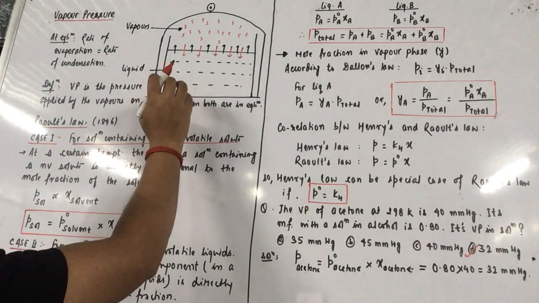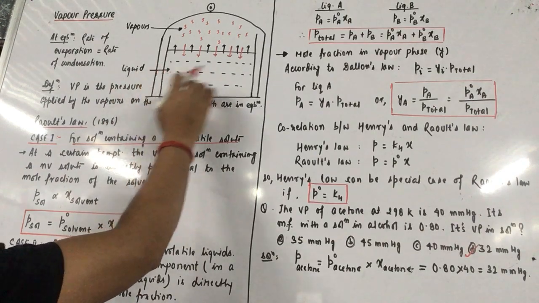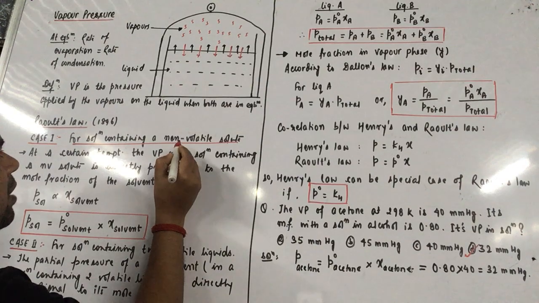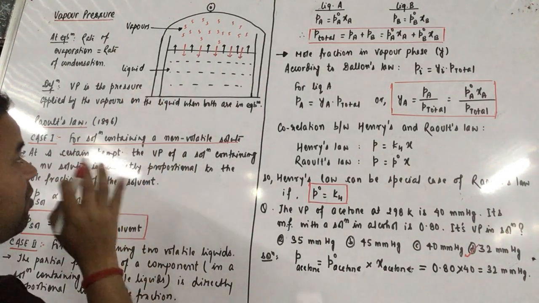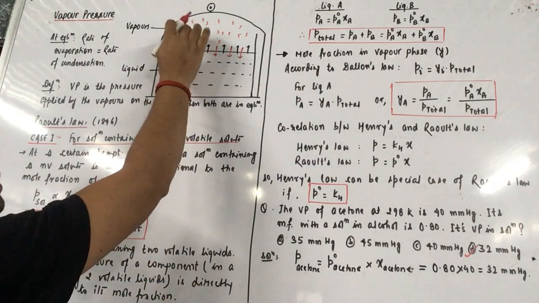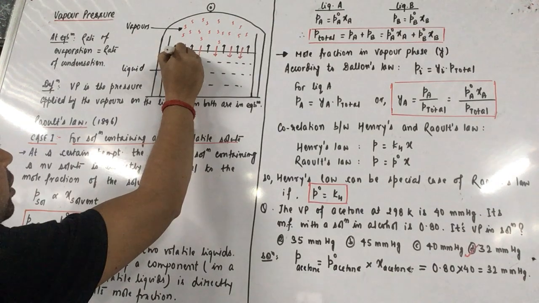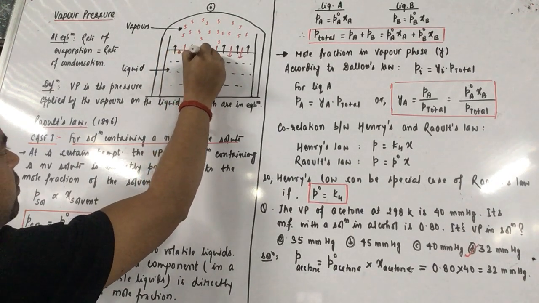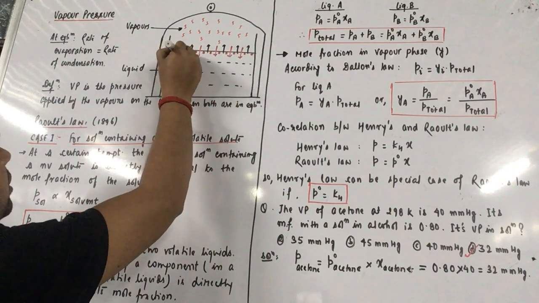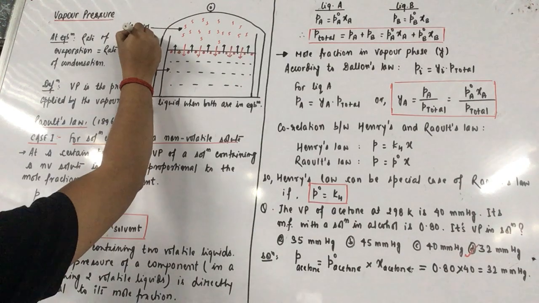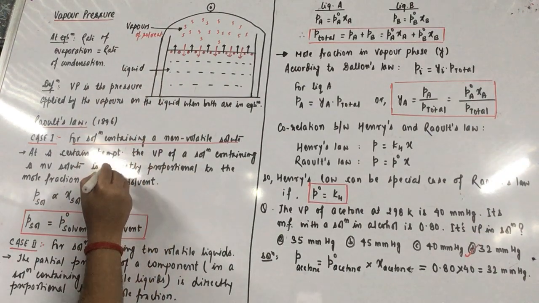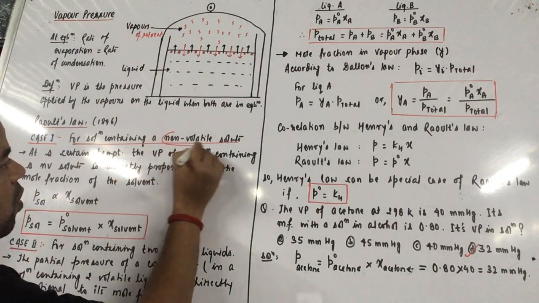For example, if in this case we have taken simply water, vapors of water will form. Now let us take a non-volatile solute here, so let us add common salt to water. Now what will happen? Will there be any vapors of common salt? The answer is no. So there will be vapors of only water molecules. The non-volatile solute, for example sodium chloride, is not going to form vapors. So the vapors here will be vapors of solvent only, when the solution has a non-volatile solute.